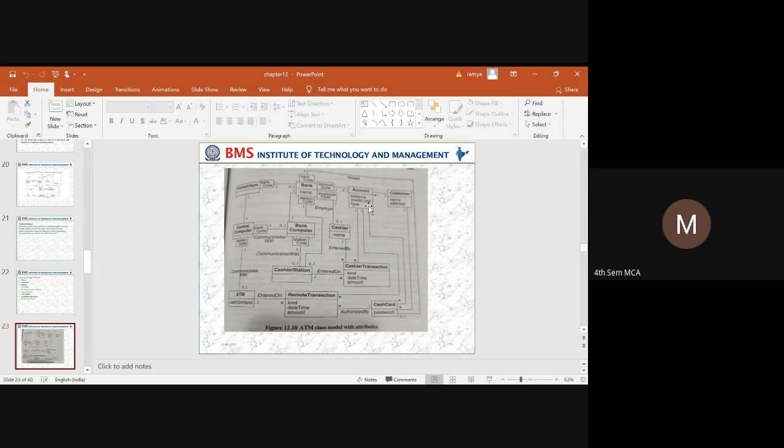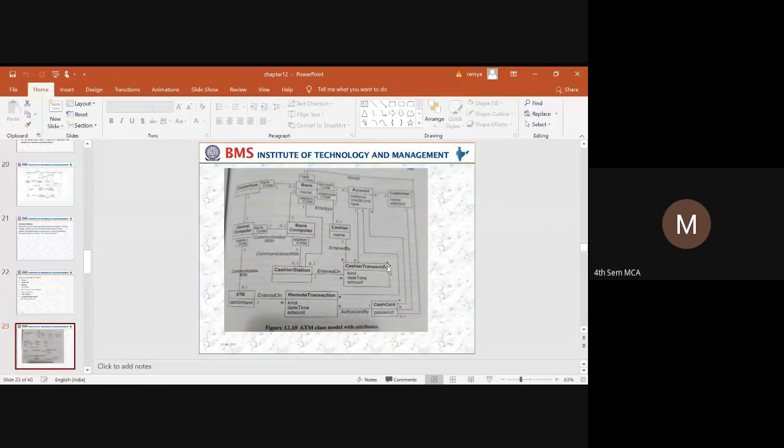Next, many accounts have many cash cards. With reference to the bank, there can be many accounts and many customers, and all these customers have different accounts. When there are n number of accounts maintained in a bank, there can be n number of cash cards generated for those n accounts. That is the reason we have multiple accounts with respect to multiple cash cards.